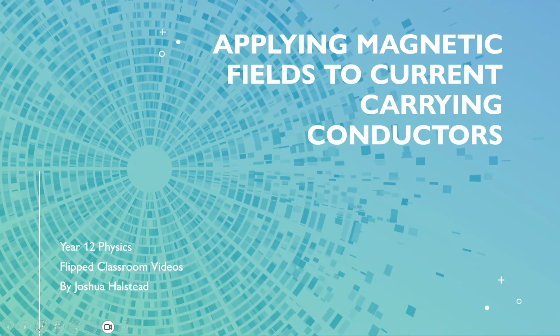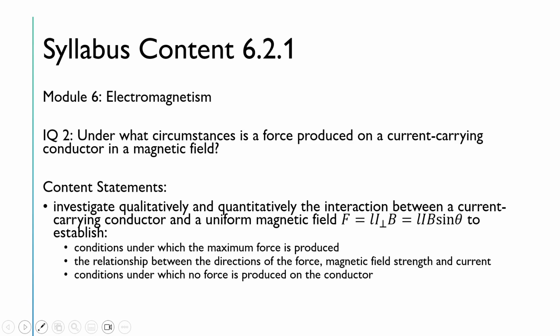G'day, in this video we're going to be looking at how we can apply a magnetic field not just to a charged particle, but a current carrying conductor. This video focuses on dot point 6.2.1. We're moving into inquiry question 2, which asks, under what circumstances is a force produced on a current carrying conductor